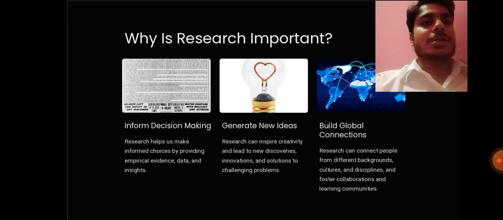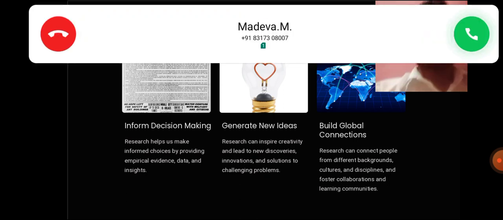After that, we are going to discuss why research is important. Already we know research provides new ideas and adopts new alternatives. Research is important because it informs decision making, which means for taking decisions, generates new ideas, and builds global connections. Under that, we are going to discuss